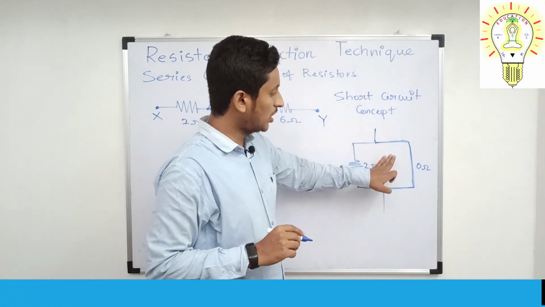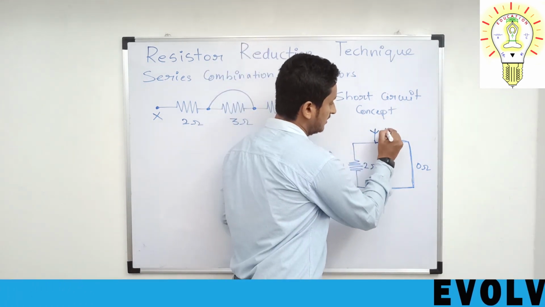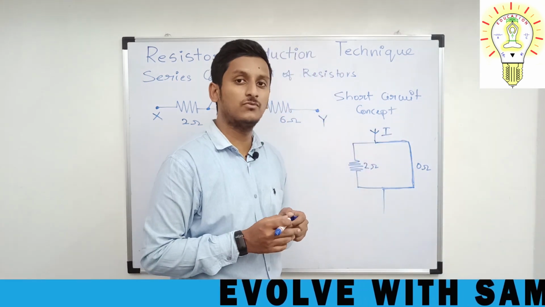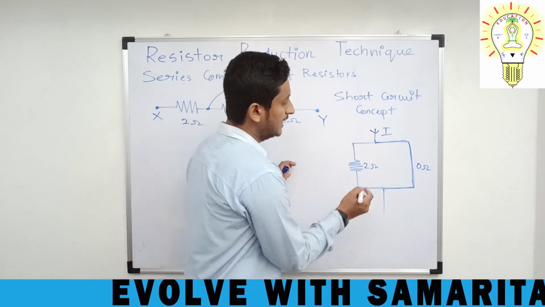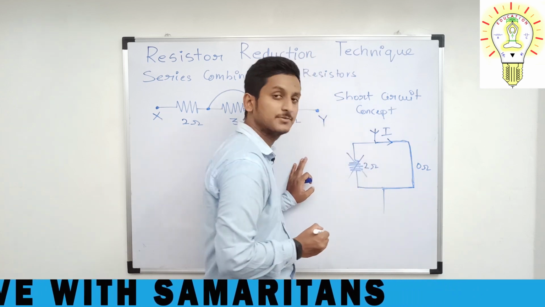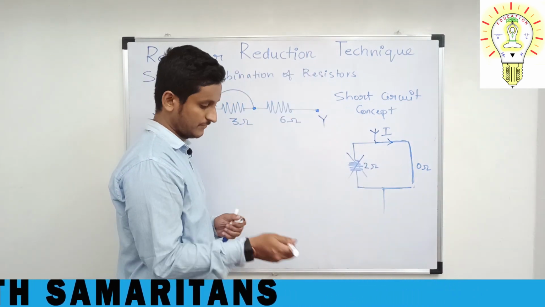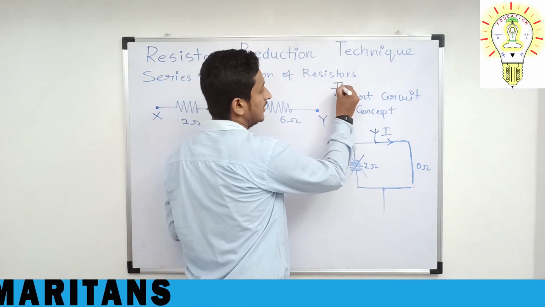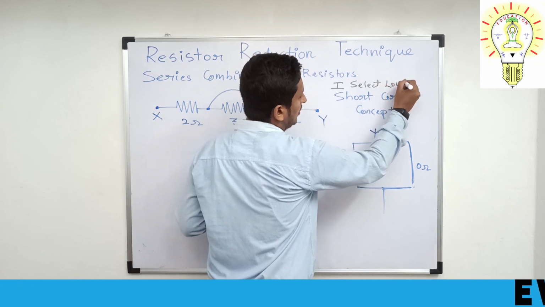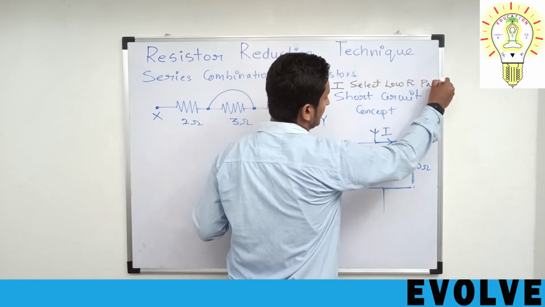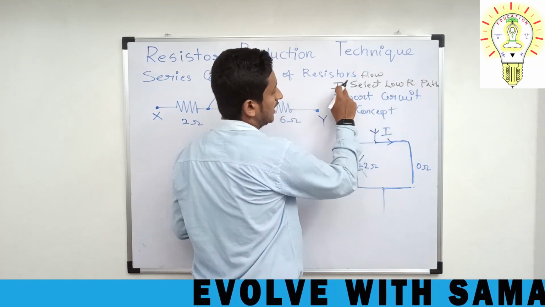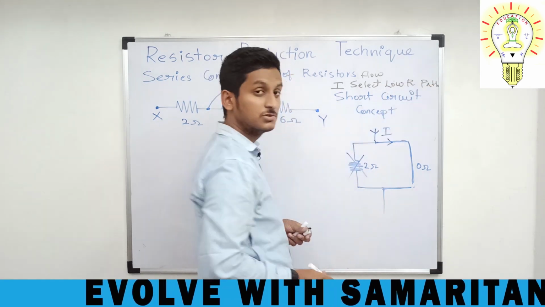Now, what will happen if I take a current and allow it to pass through it? Through which resistor will the current try to flow? That is definitely the lowest resistance path. It will never go to this path. So you have to note down, current will always select the low resistance path. Current will always flow in the low resistance path.